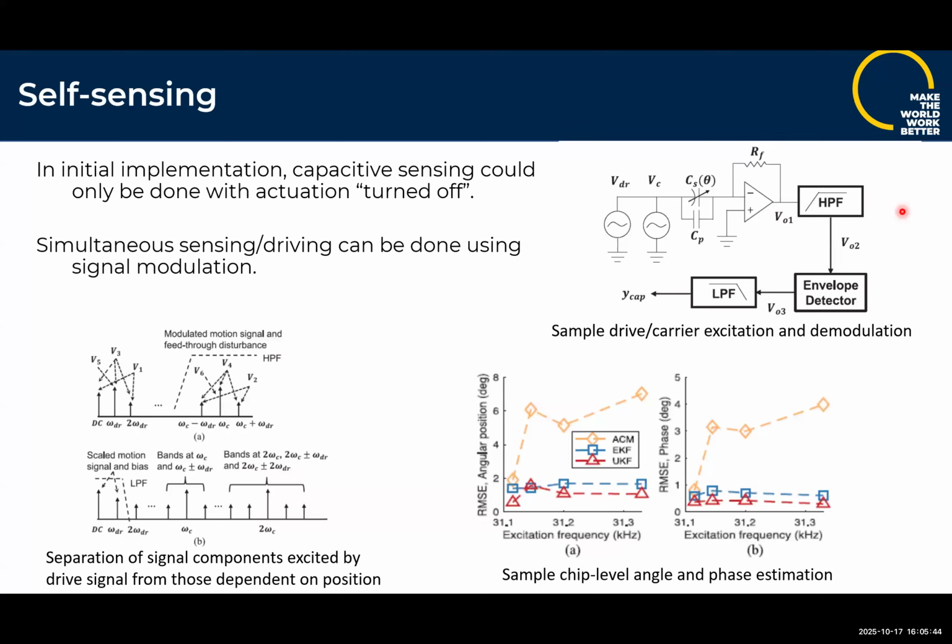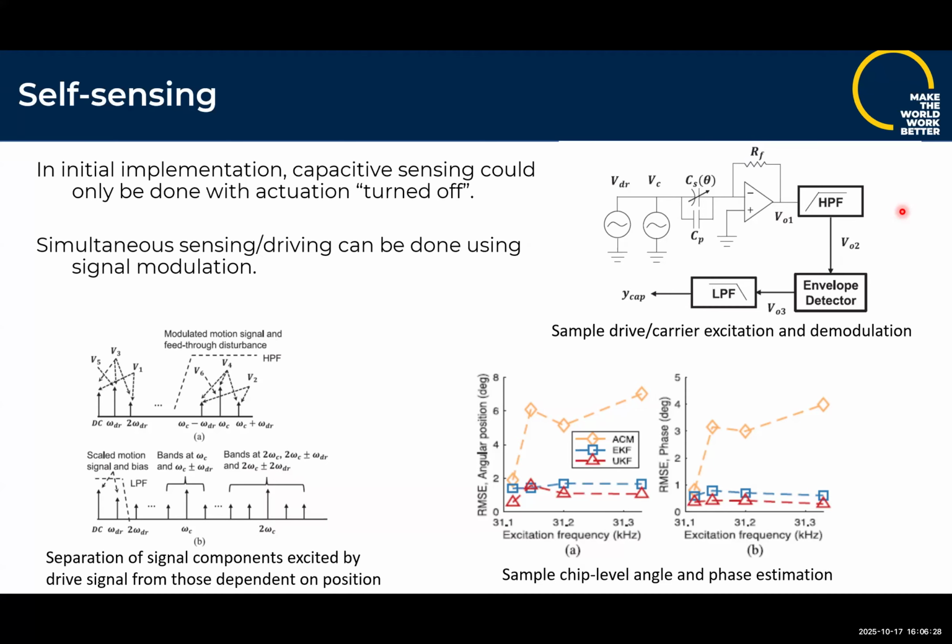output voltage, the output oscillations, have a portion that's proportional to the driving frequency at relatively low frequency. And they have a portion that's at the high frequency. The portion at the high frequency is being modulated by the angle of the device or the displacement of the device. That's how we would often separate driving and sensing signals in an accelerometer or a gyroscope, a MEMS accelerometer or gyroscope. Basically, try to embed the actual motion at the carrier wave amplitude, the drive signal at a much lower frequency, run it through a high pass filter, and then you can either do a demodulation circuit or simply an envelope detector here and pull out